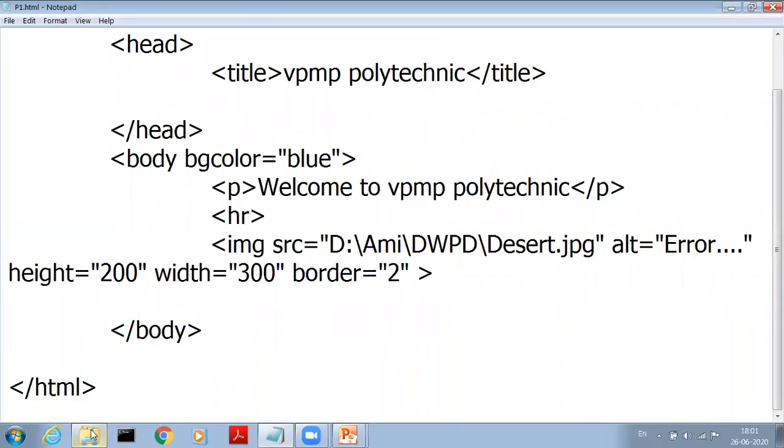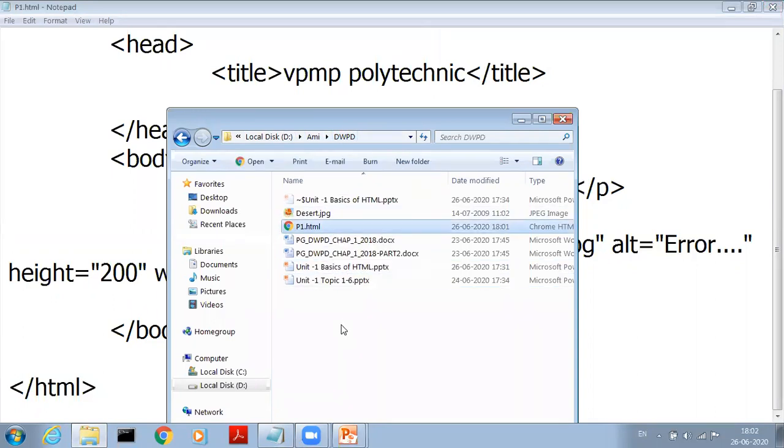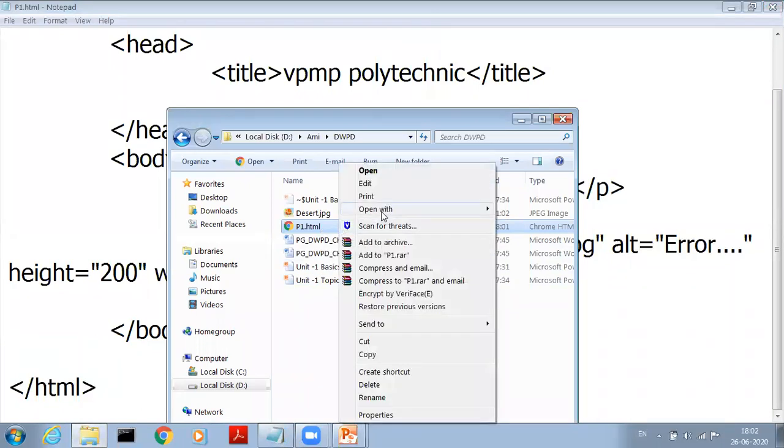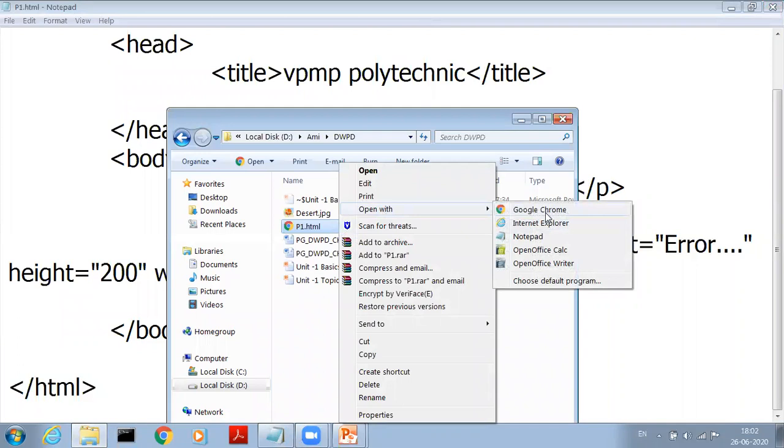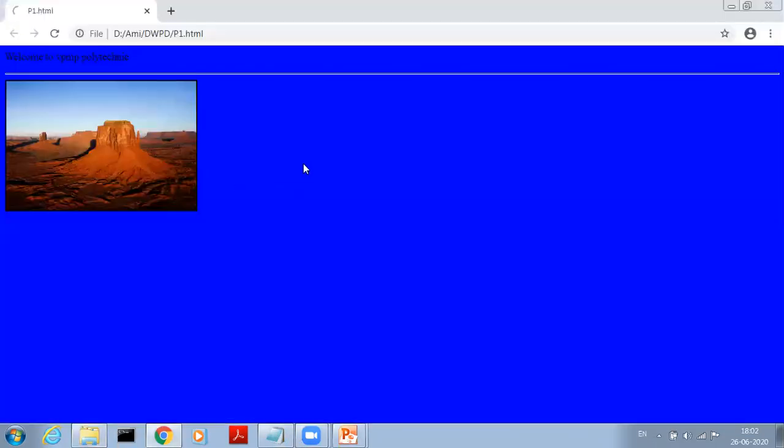After saving this document, open the folder D drive, AMI and again DWPD, and our file is here, p1.html. Now right click on this file, then open with Google Chrome. Here our web page is displayed.